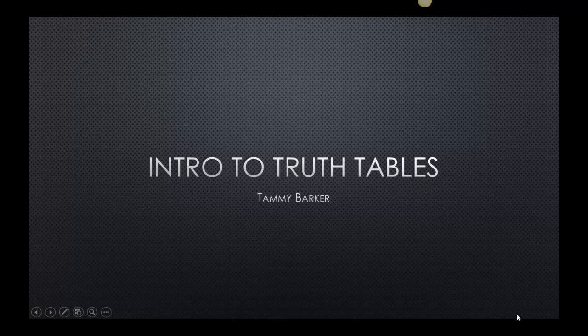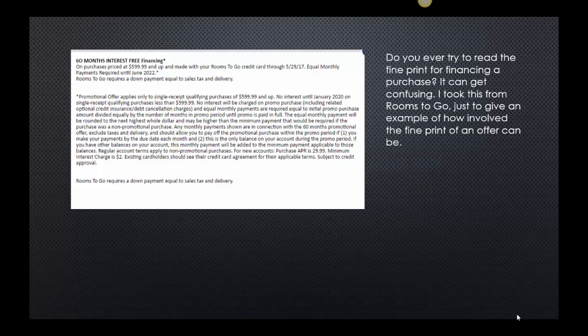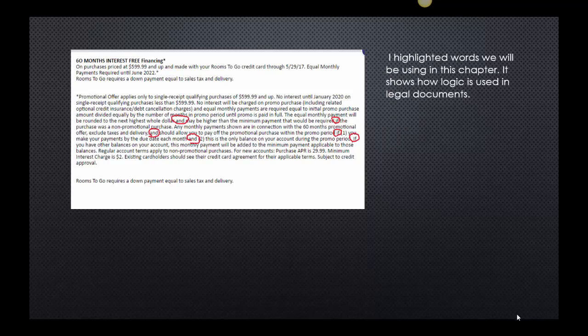Today we're going to look at truth tables. Do you ever try to read fine print for financing a purchase? It can get confusing. I took this one from a Rooms to Go advertisement where it talks about the financing, and I just wanted to give you an example of how involved the fine print of an offer really can be. Then I went through and I just circled some of the words that we're going to be talking about